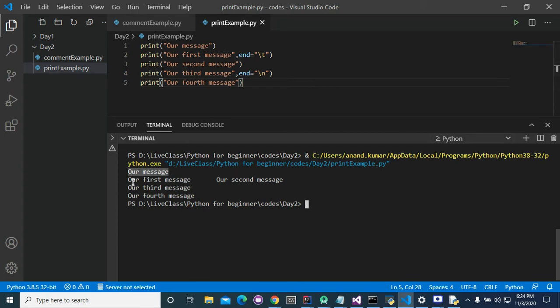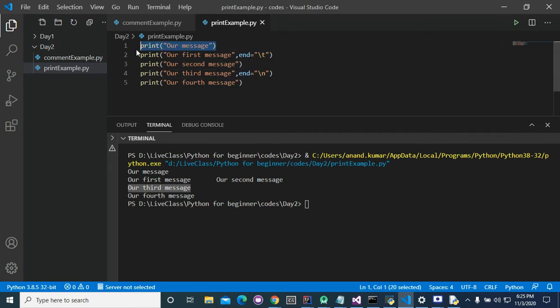The second output is our first message, and there is a space between these two. Okay, and you can see that we have a new line here. How did this new line come? Basically, if you don't write anything into end, it basically assumes that there is a new line character.